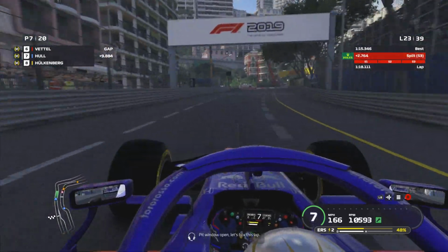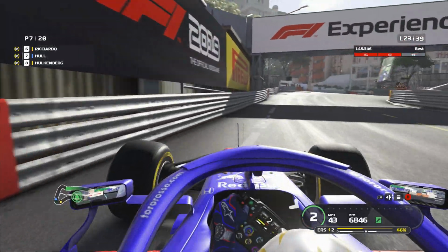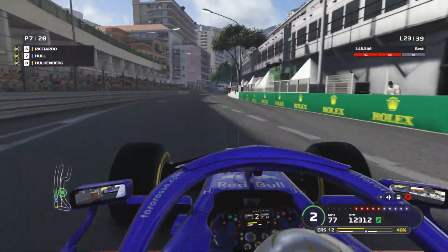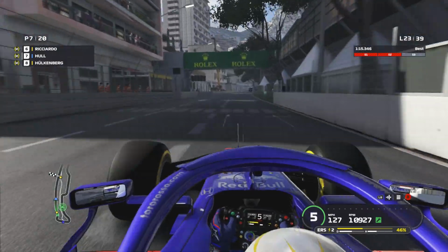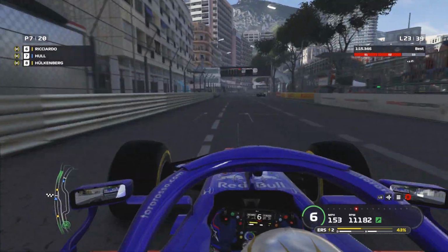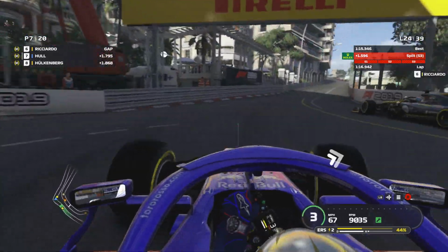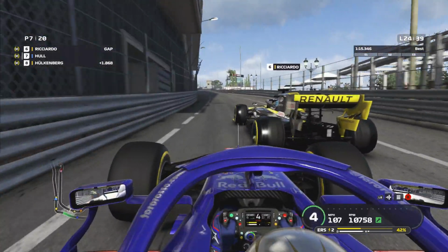I was looking at my tyre wear. We're unfortunately in the 18s at the moment, so pit window is open. I could have boxed that lap, but I'm thinking about stretching these tyres to the end of the race, especially now considering Daniel Ricciardo is coming out the pits. Can we try and take the position off Daniel Ricciardo? He's just going to get...